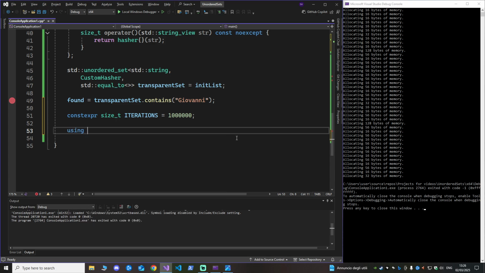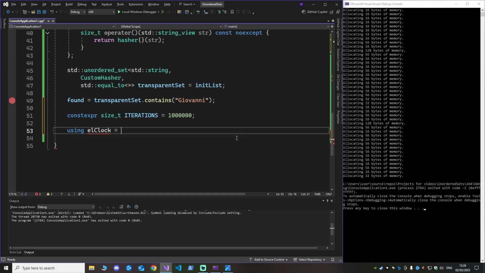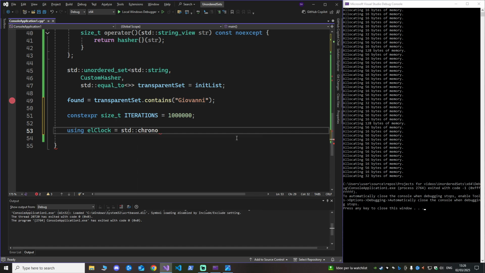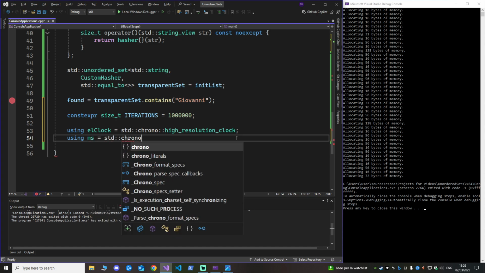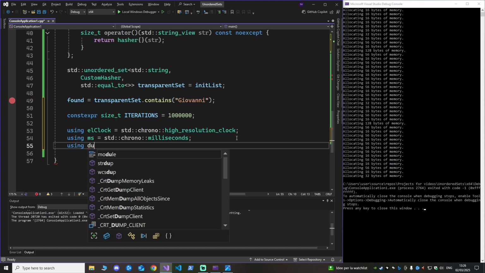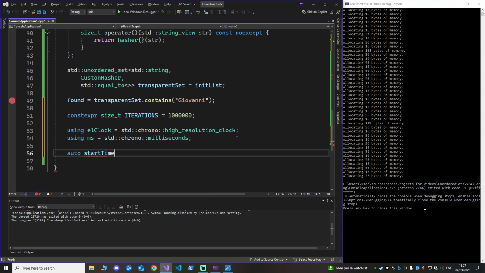Then we do using clock equals std::chrono::high_resolution_clock. There we go. And using ms equals std::chrono::milliseconds. No, never mind, no more usings. All right, let's do auto start_time equals clock::now,